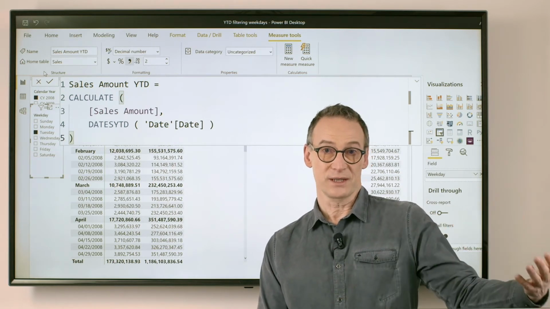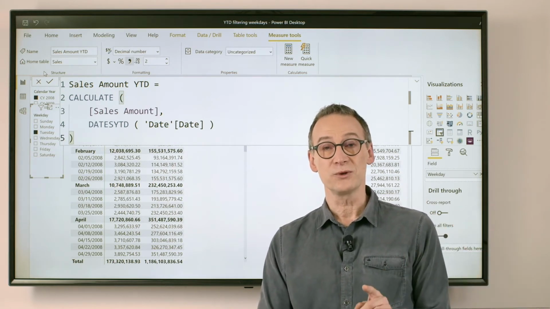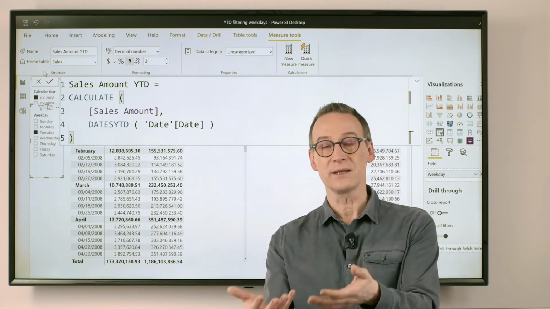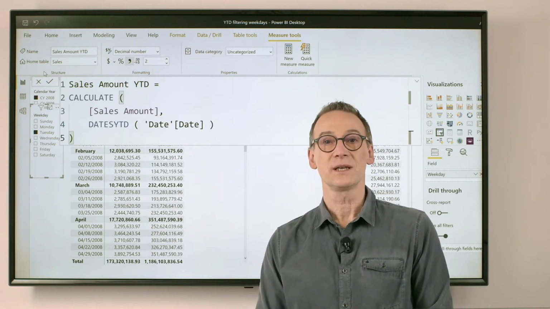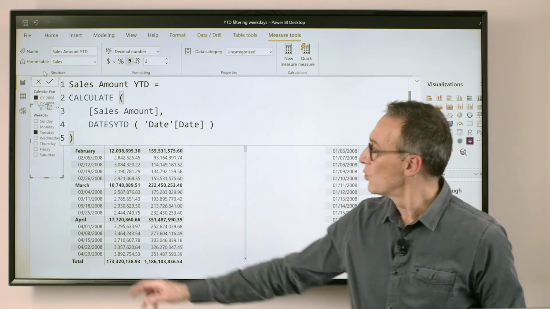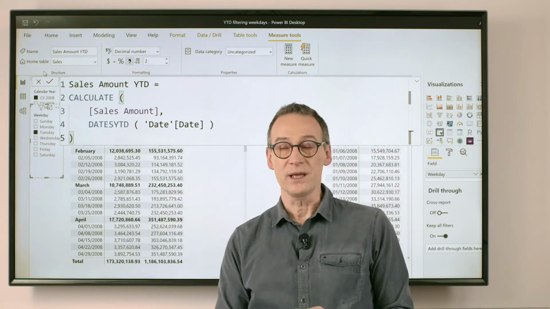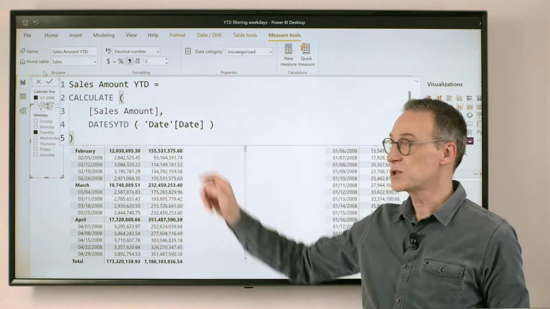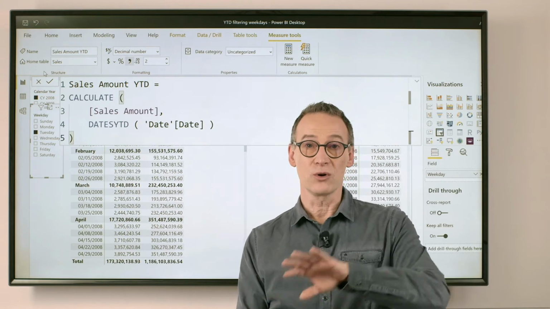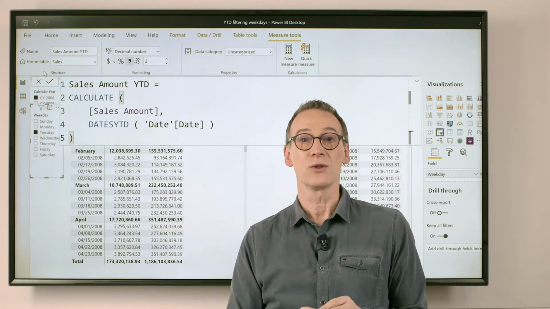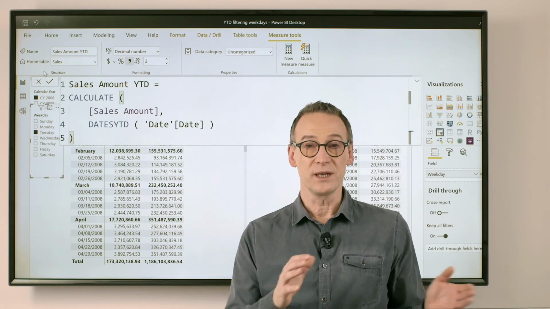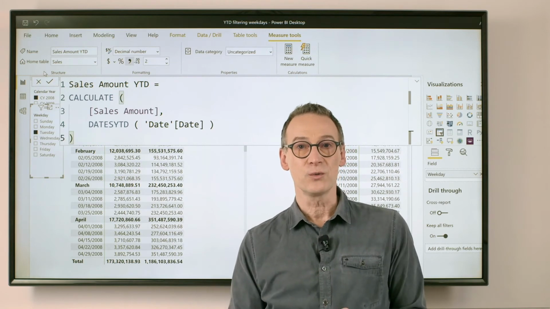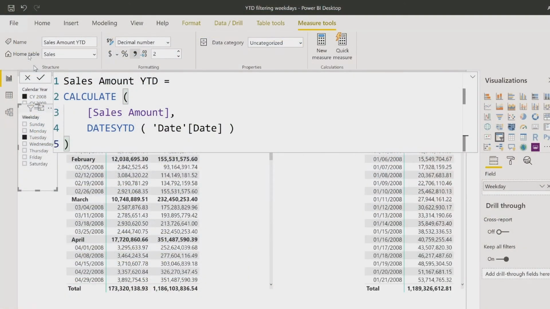Since we cannot disable this behavior, what we need to do is to recreate the filter that we want to keep active. Now, we had a filter on the weekday. We know that DATESYTD will kill, among all the filters, also the filter on the weekday. What we need to do is restore the filter on the weekday. So in order to fix the code, what we need to do is let DATESYTD do its job.